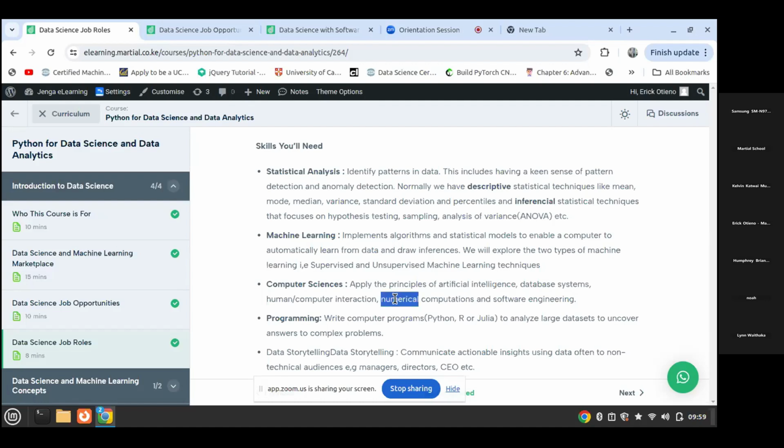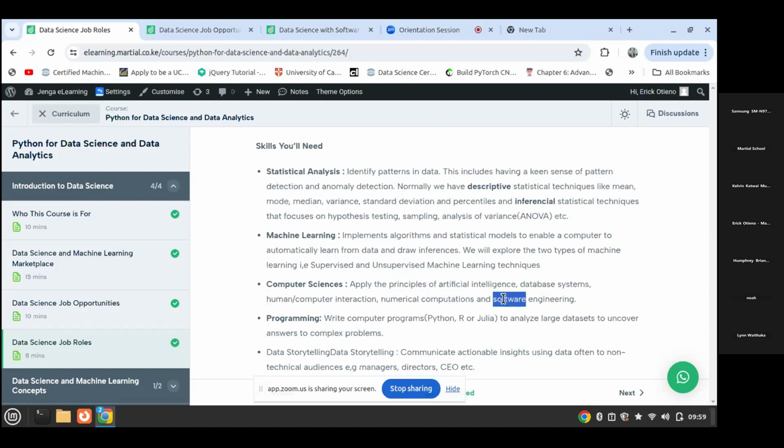And also we are going to talk about numerical computation, whereby you can perform mathematical operations using a computer. So there are libraries that I mentioned, like NumPy, which can help us use mathematical models like vectors, matrices, and so on and so forth. And this is not required, but if you are a software engineer, then you can even build systems that are running machine learning and artificial intelligence models. So that is also one area that you need to understand, but it's not that compulsory.